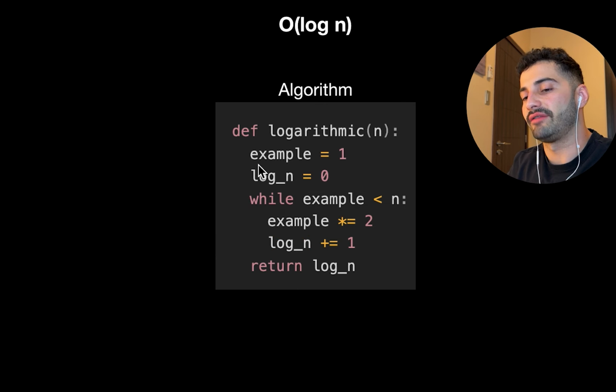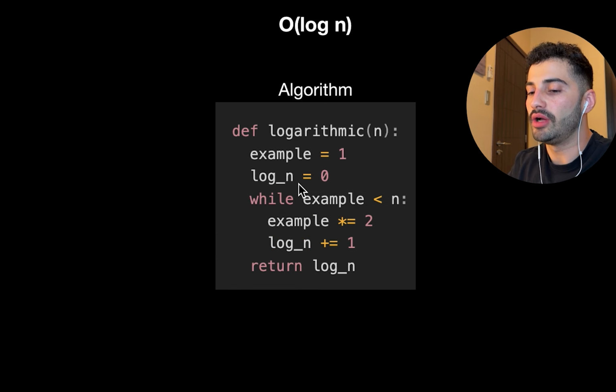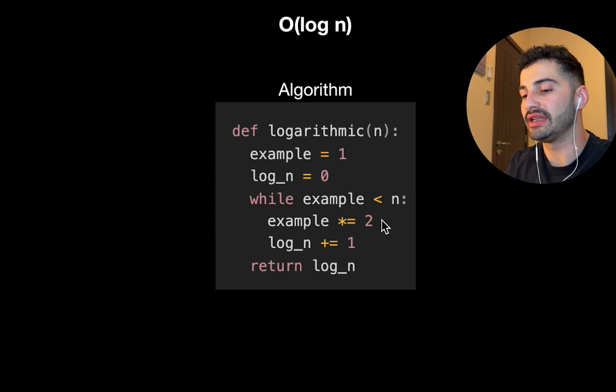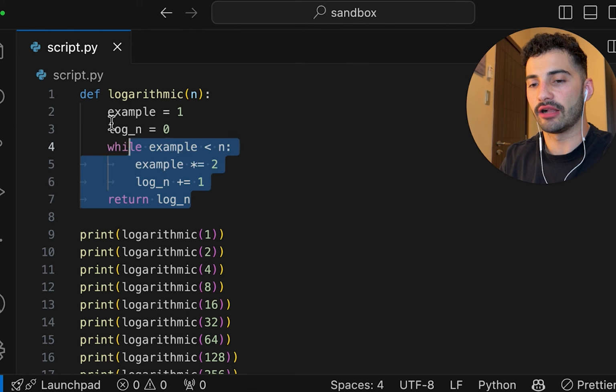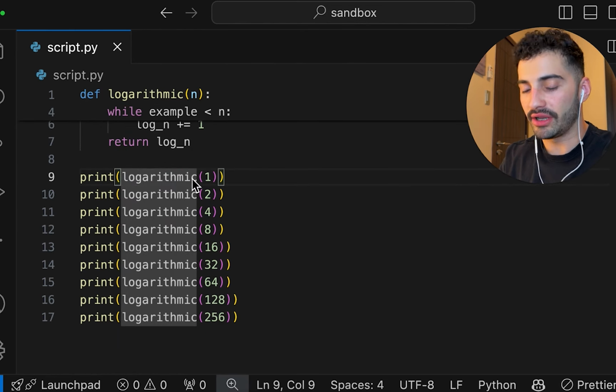So you can see in this algorithm, we have an example variable and a log n variable. The log n variable keeps track of how many iterations we've done in this while loop, and the example variable is going to double in size for each iteration in the while loop. So to demonstrate that, if I have this algorithm in here, and if I print the output of the logarithmic function,